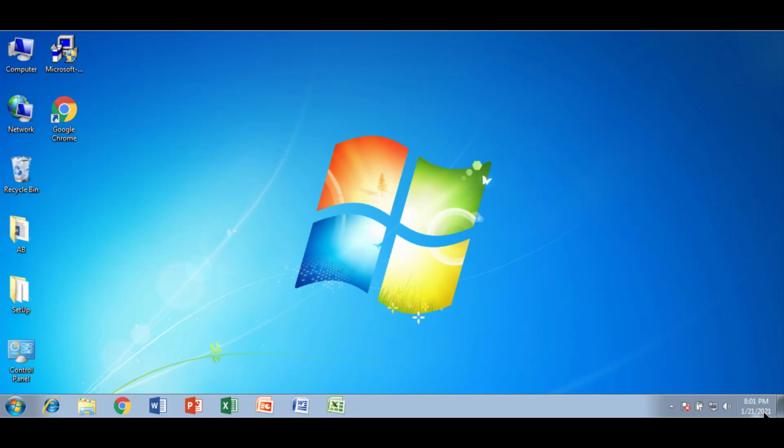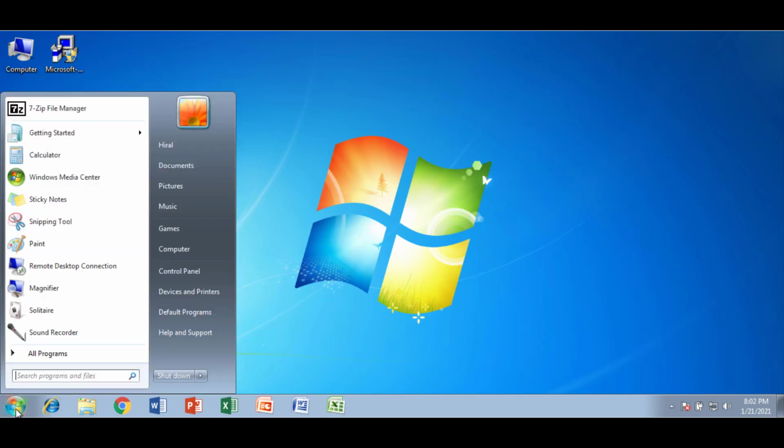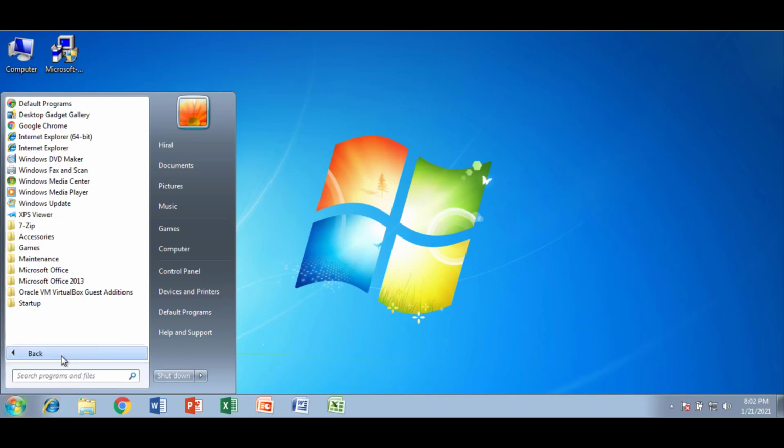Hello students, now we are going to see the practical about how can we open Paint software by using the mouse. For that, first you have to click the Start button, which is available on the left corner of the taskbar, as you can see on the screen. Simply press your left mouse button on this Start button. After that, now you have to select all programs. For selecting all programs, simply click the mouse left button.